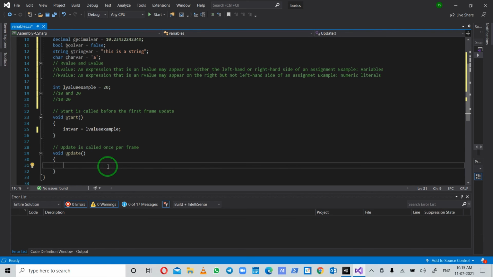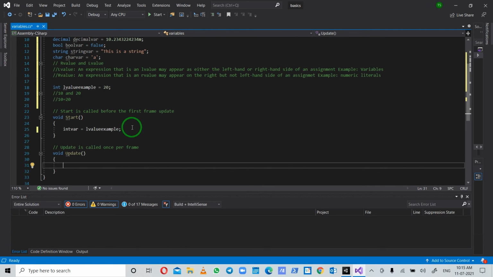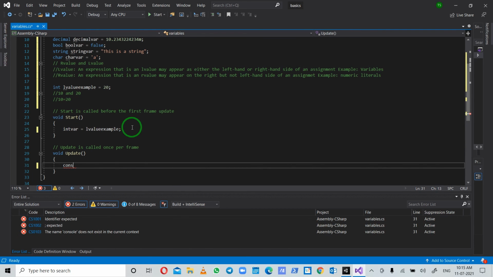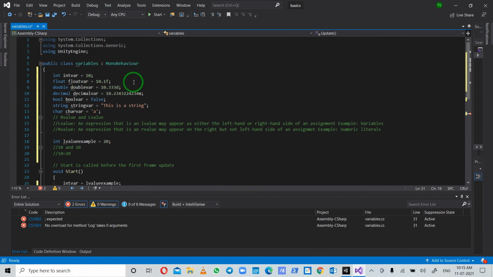Okay, so we have written this much code. Now let me print these values so I can show you that whatever values I have stored in these variables are literally stored in them.